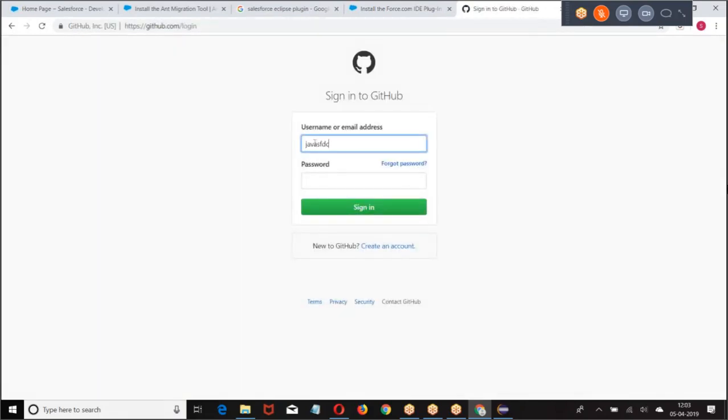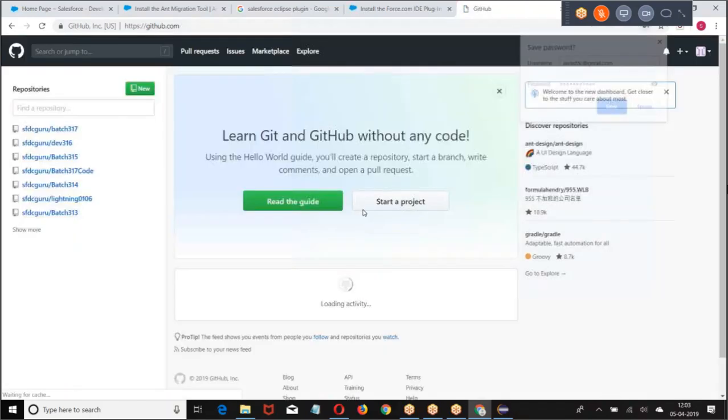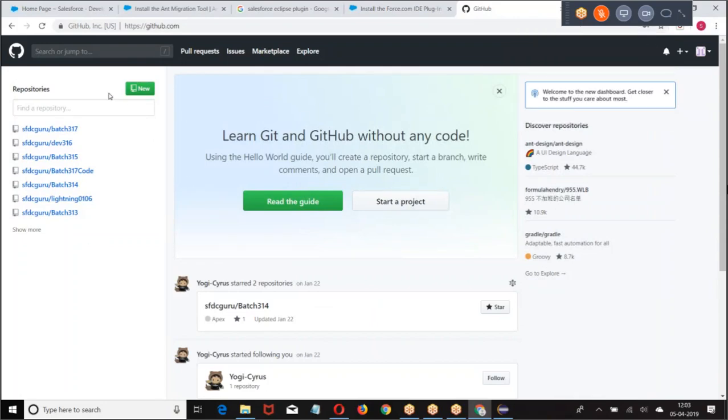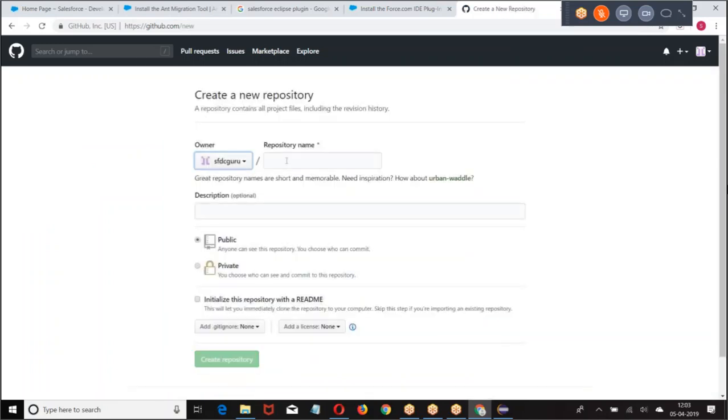GitHub. You can create a trial account. Here we had, what is the option? New repository 318.